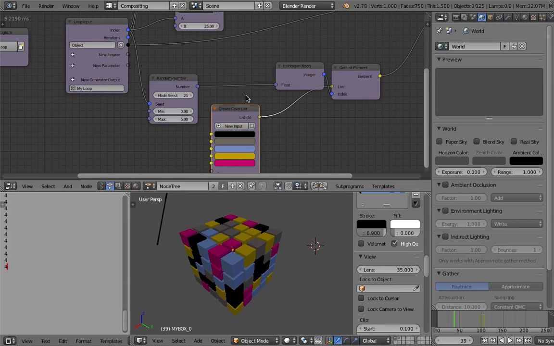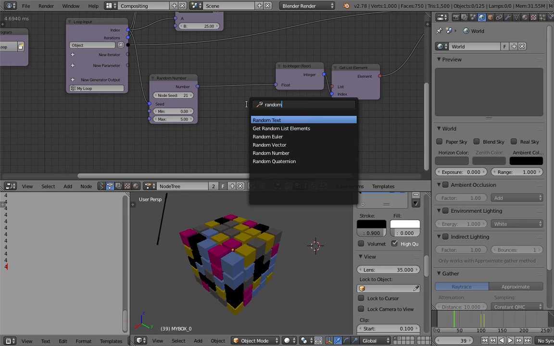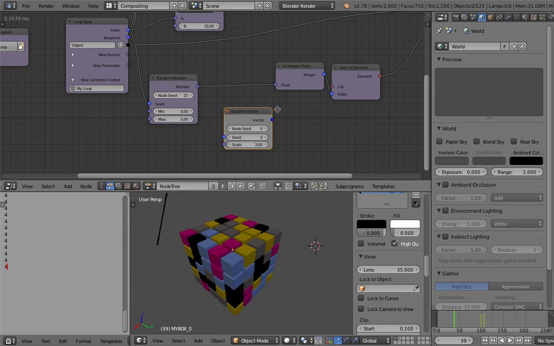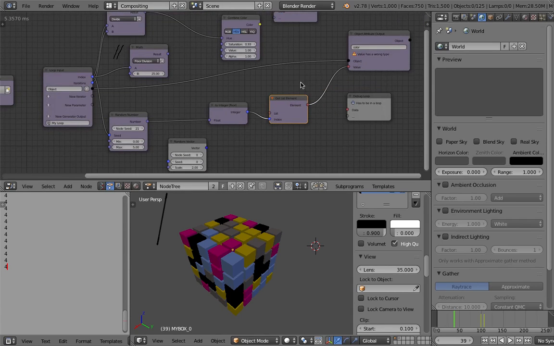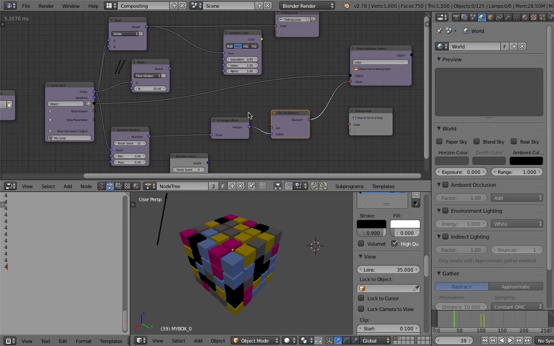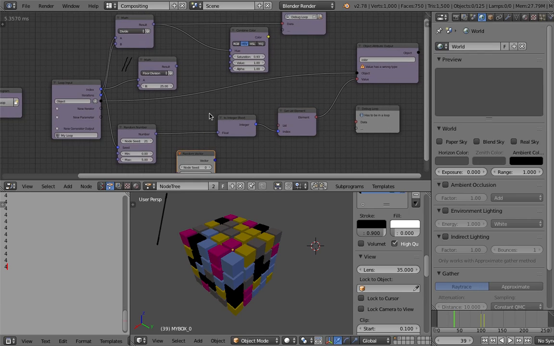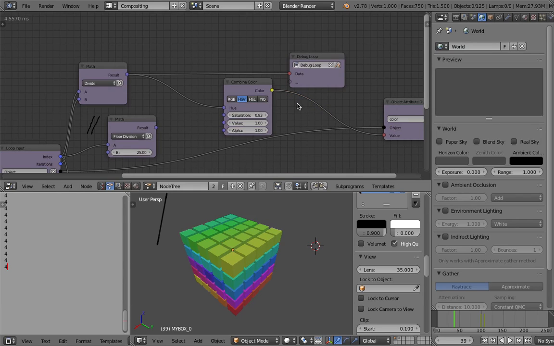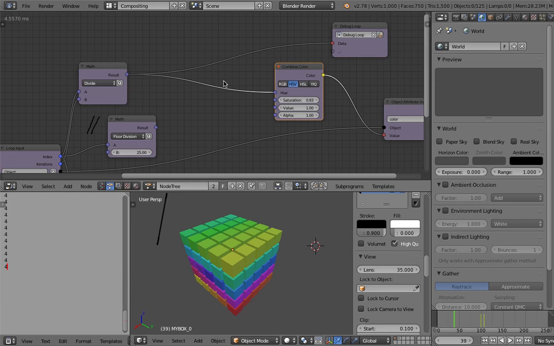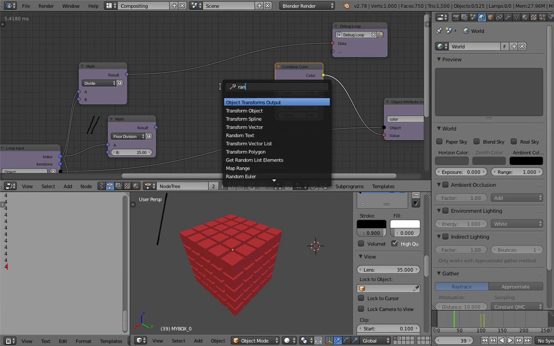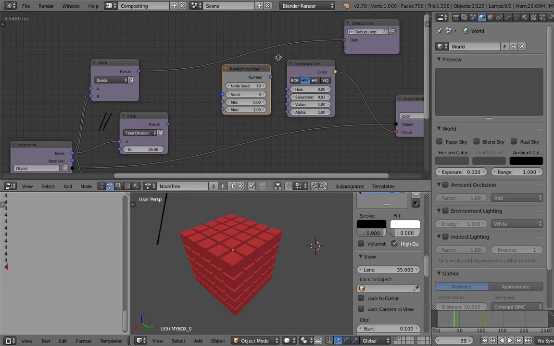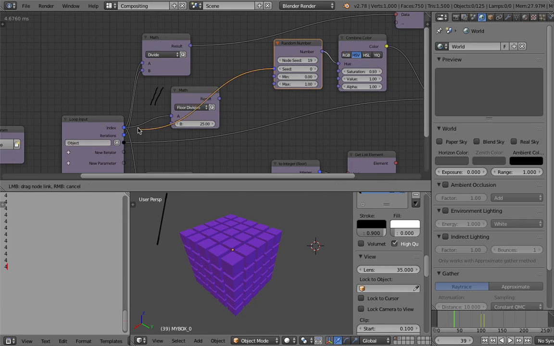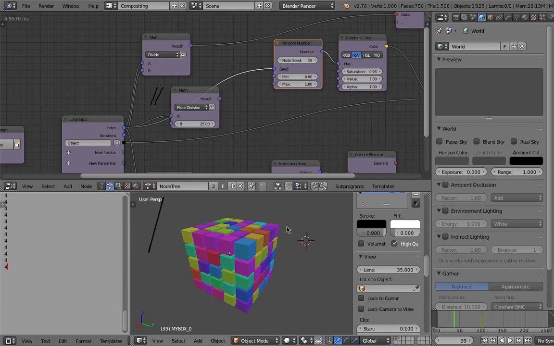What else can we do? We can do a totally random color using random vector. Random vector will not work, but we can use random here with the HSV. Plug the color into the value, cut it here. Let's use number, random number, index, min and max 0 to 1. So we have